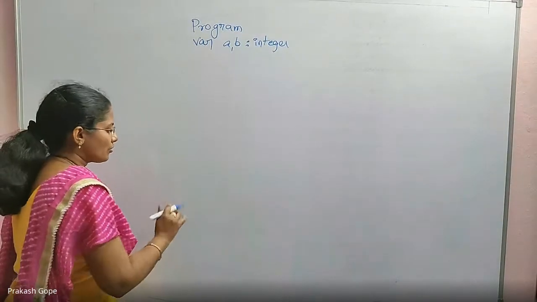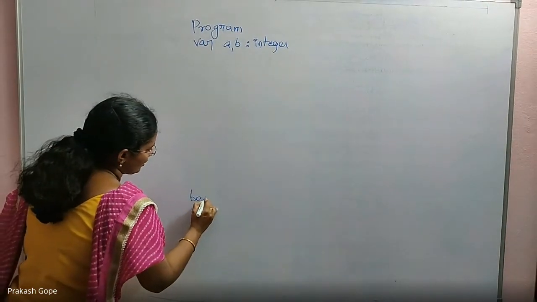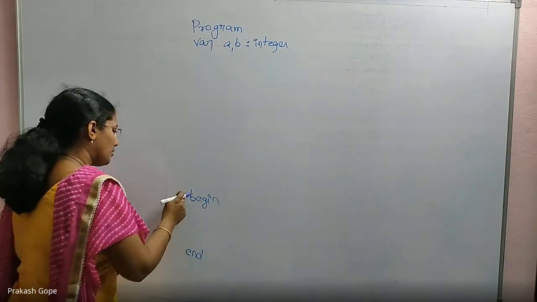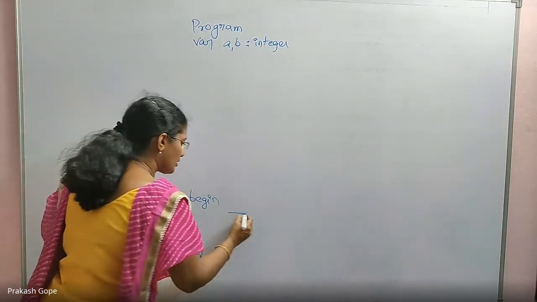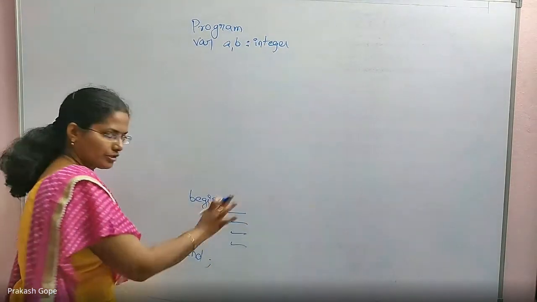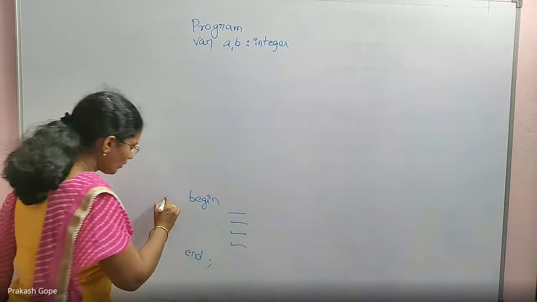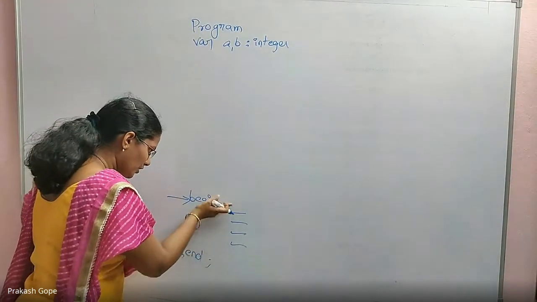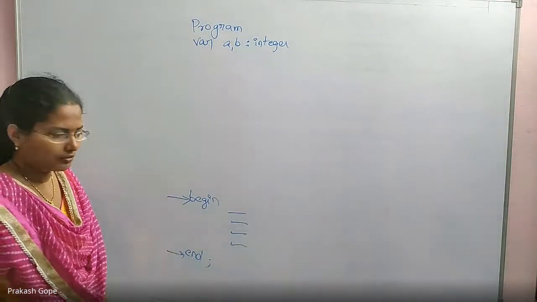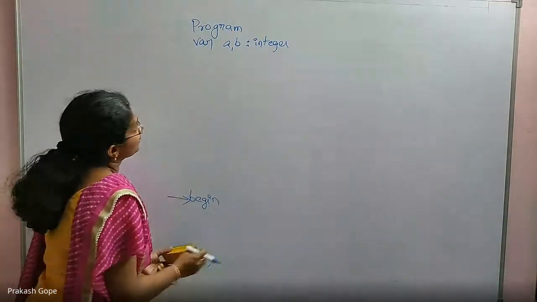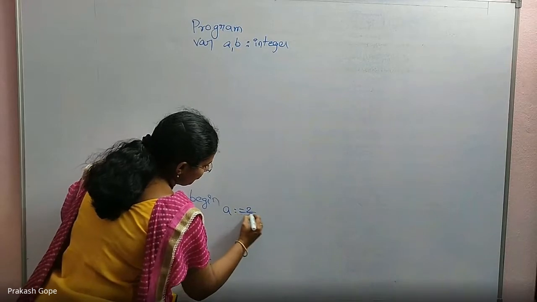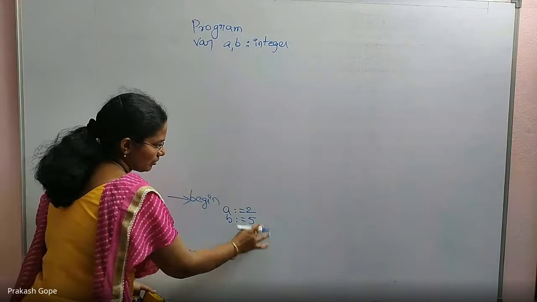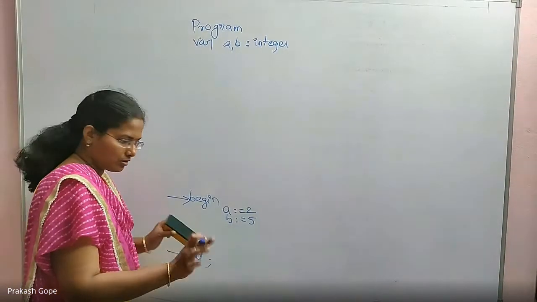And the actual execution of the program starts here, which is with begin, end. So the actual program statements lie between these. The execution of the program starts here and ends here. Whatever statements you are writing here, this is the sequence in which they are executed. So I can write like this: a equal to 2, b equal to 5. You don't have to follow the syntax, semicolons and all.